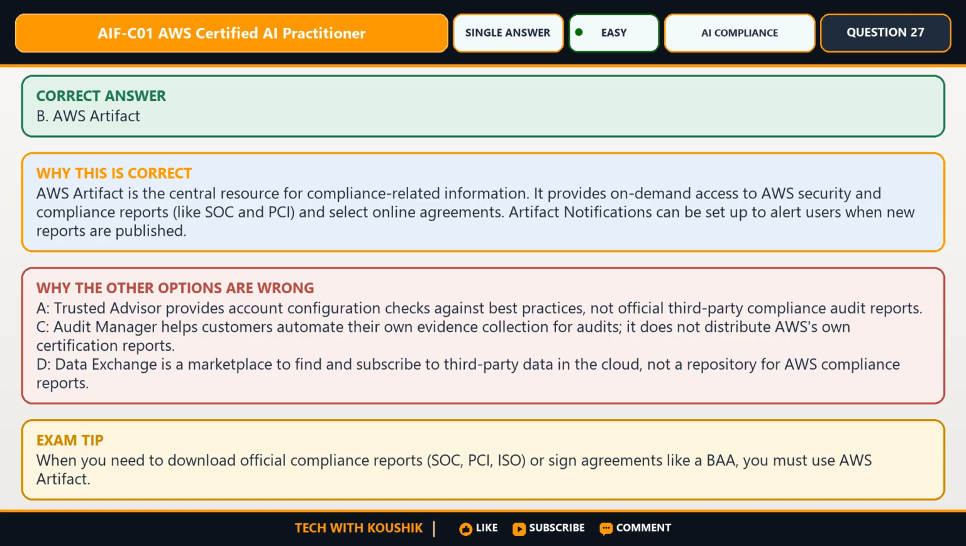Check why each remaining option is not the best fit. A. Trusted Advisor provides account configuration checks against best practices, not official third-party compliance audit reports. C. Audit Manager helps customers automate their own evidence collection for audits. It does not distribute AWS's own certification reports. D. Data Exchange is a marketplace to find and subscribe to third-party data in the cloud, not a repository for